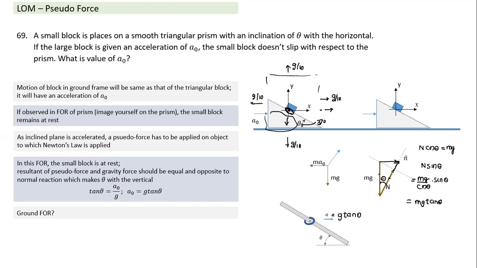Here also the rod, being smooth, will exert a normal reaction, and this normal reaction will change depending on what acceleration the rod has. If the rod has an acceleration component in the normal direction, the normal reaction will change. How will it change? So that it will make the normal component of acceleration of the ring also equal to the normal component of acceleration of the rod.